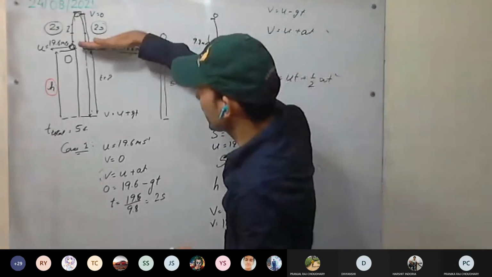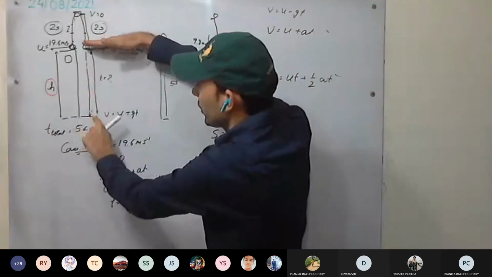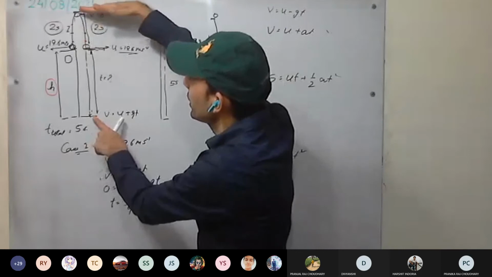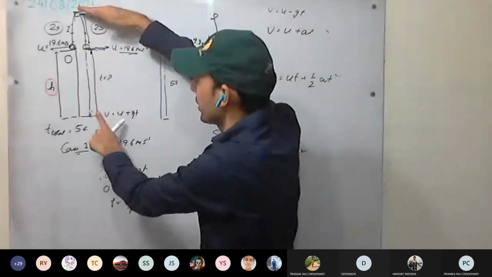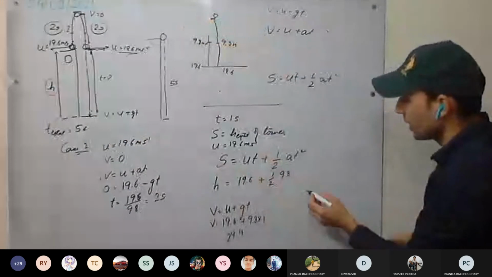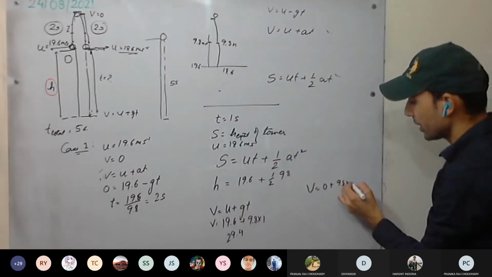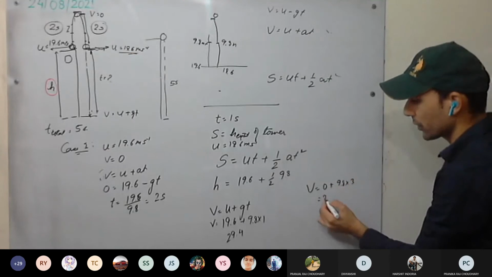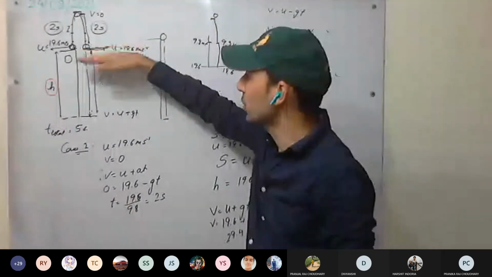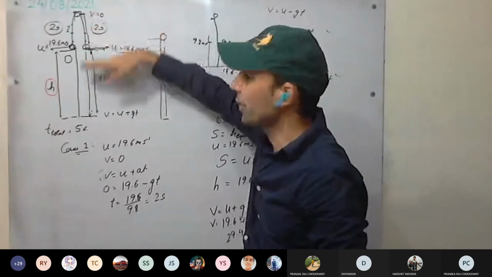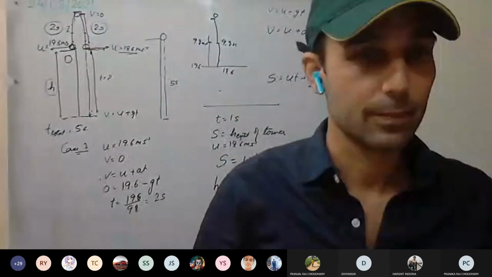The position, if you are considering this as the initial position, U will be this much, T will be this one, and V you can calculate. If you are considering this as the initial position, U will be 0 here, time will be 3 seconds. You can use that one as well. See here, V equal to U, which is 0 at that position, G 9.8 into 3 seconds. You are again going to get 29.4. So mainly it will depend on which initial and final position you are considering. Okay. Have you understood this question?